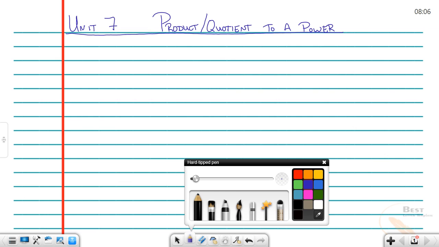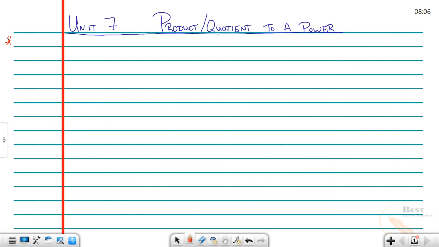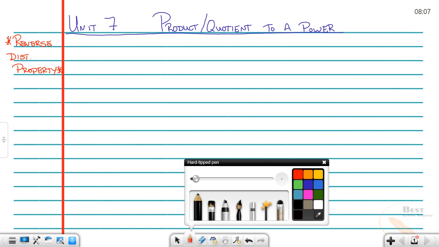So the one way that I like to remember these is to think about these as reverse distributive property. We know distributive property: you get your parentheses, and that's everything on the outside times everything on the inside. So it looks something like this. We draw blanks. I have like x to the -3 plus y. Everything on the outside, everything to the inside. But when we have our exponent rules, quotient to a power, product to a power,